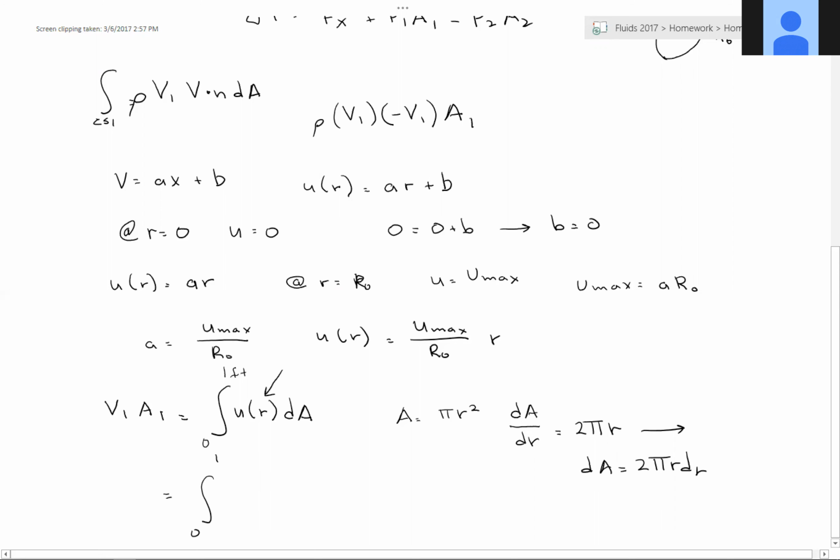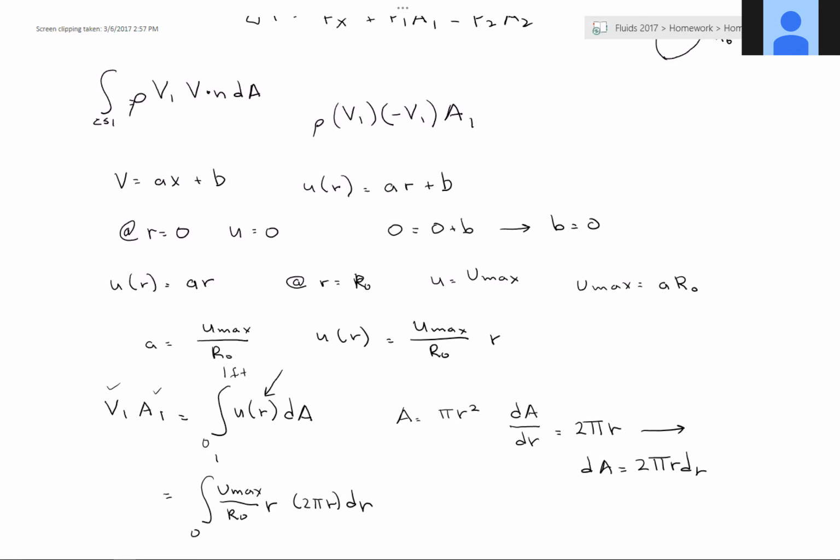What's our u(r)? That's u max over our r0 times r, times 2 pi r dr. Okay? So we have our v1, we have our A1. We're going to be able to integrate this from 0 to 1, which takes care of our r. What is that going to